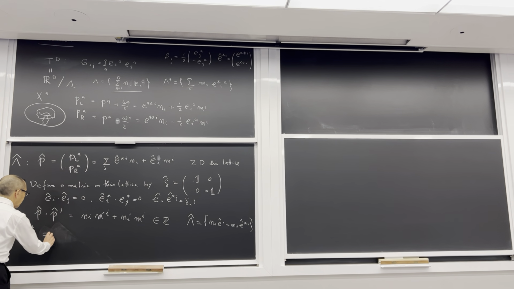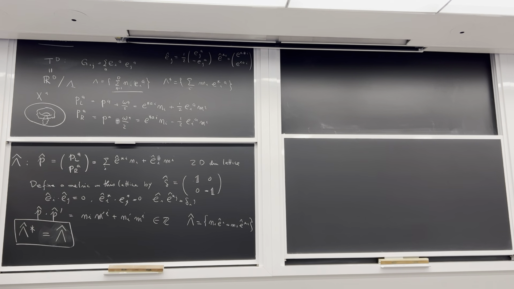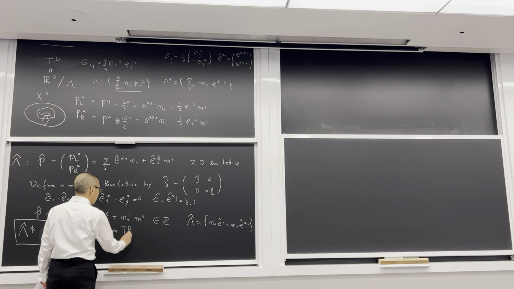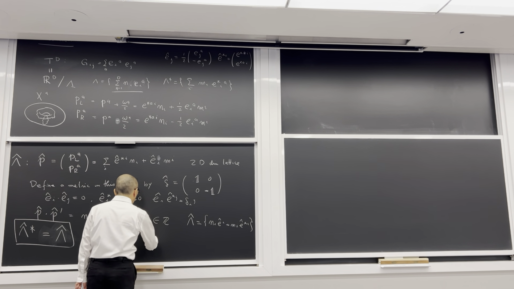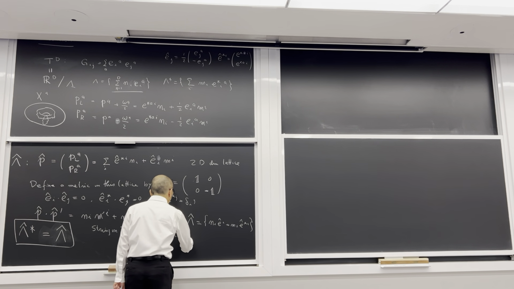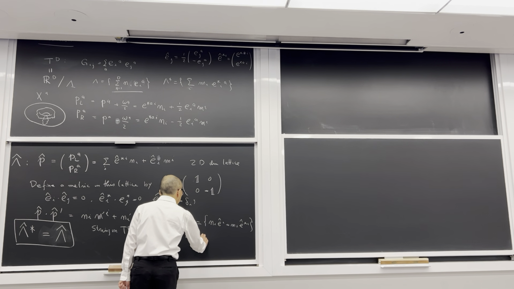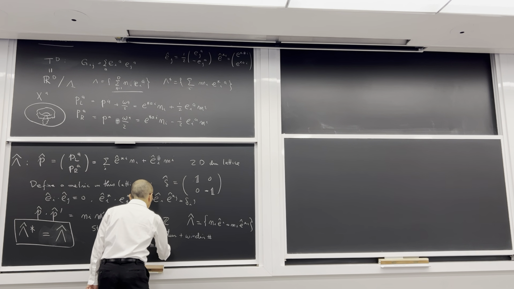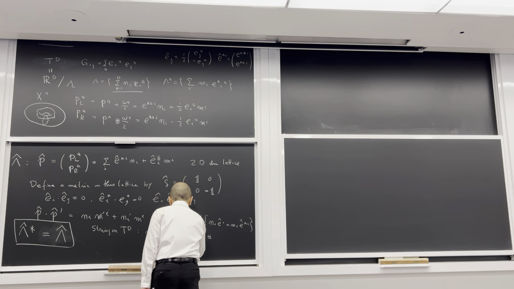And it turns out that the dual of this lattice is the same as the original lattice. So what this shows is that if you have a string on T^d, then the momentum and the winding number make an even